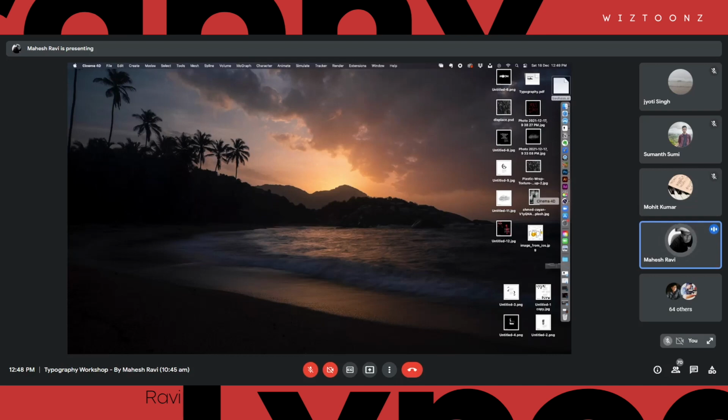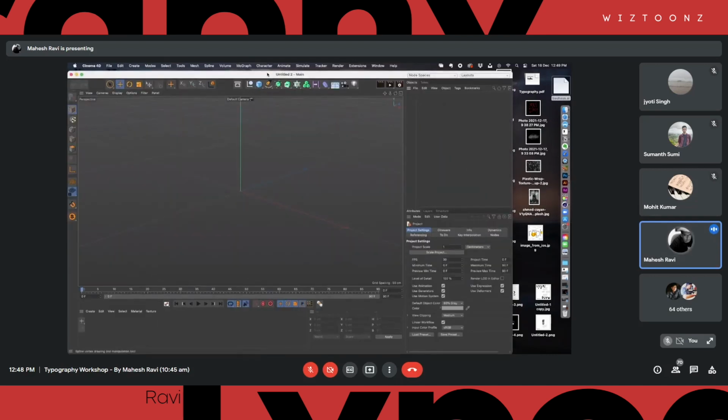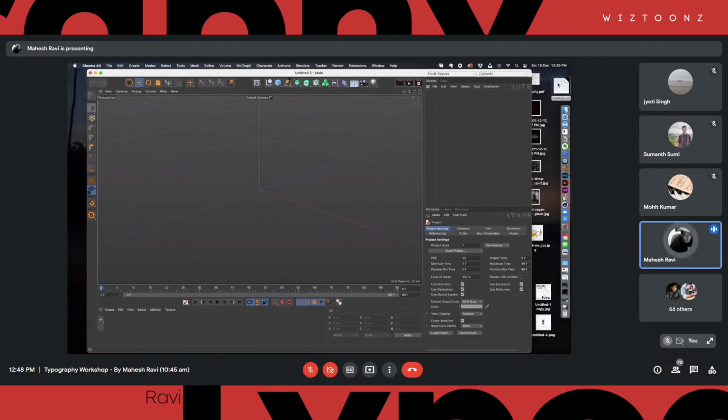And now we are going to go to Cinema 4D, and we are right here in Cinema 4D. All we have to do is drag and drop this into our scene, right? It's going to ask you what the scale should be. If you set it to 1, that is okay. It will import in the same size that you have created in Illustrator. If you want to make it twice the size of what you created in Illustrator, you can just put 2 in here, right? That is completely your preference. And then you click OK, and you can see the shape is right now in Cinema 4D.